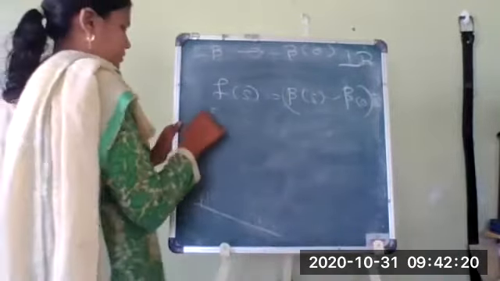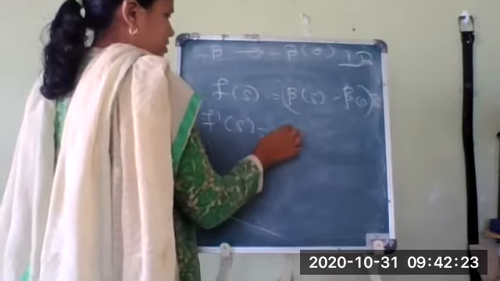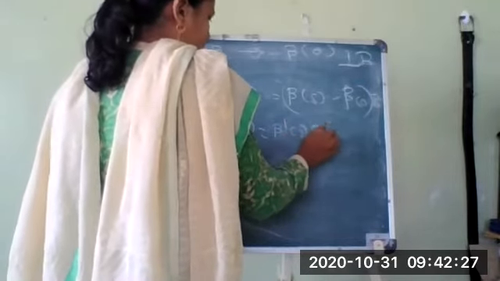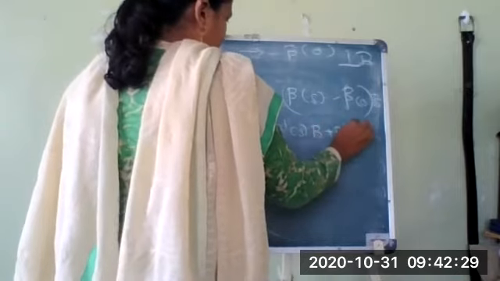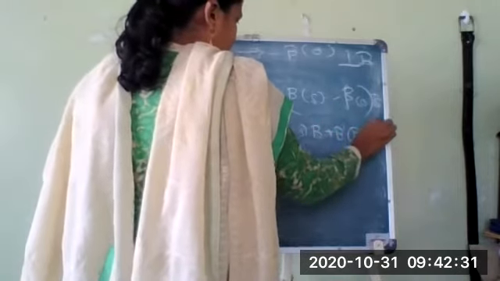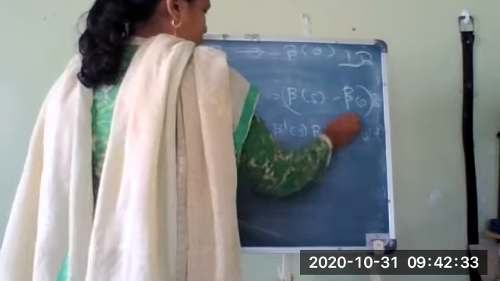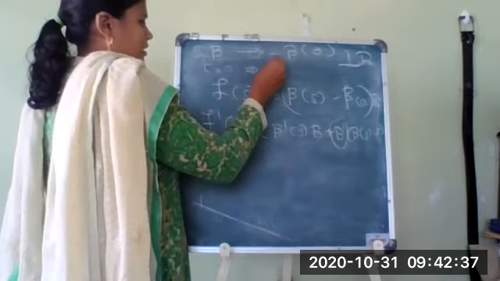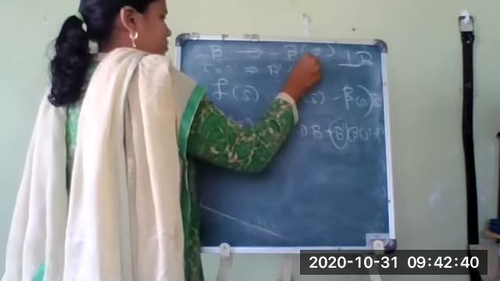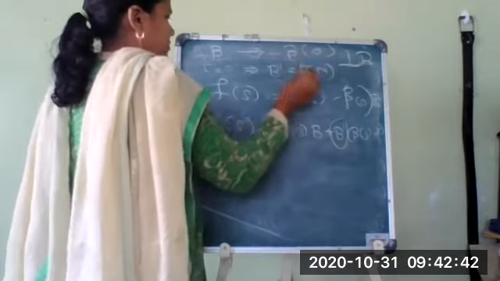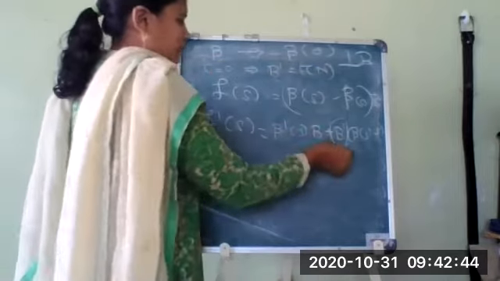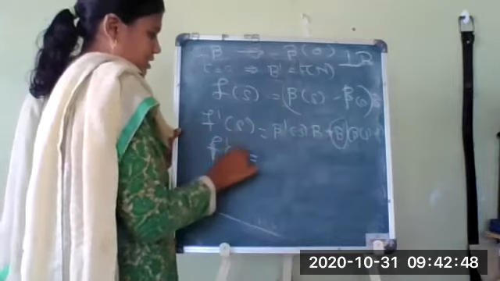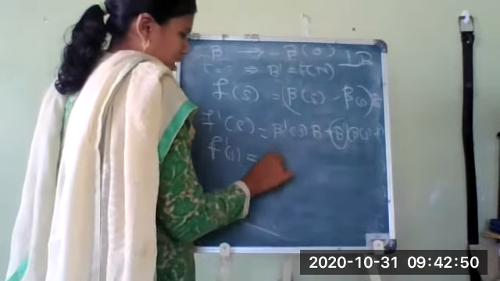Let us take the derivative. F dash of s is equal to beta dash of s dot b as it is, plus b dash dot (beta of s minus beta of 0). But we know our assumption that tau is 0. It means that b dash is equal to minus tau times n. So if tau is 0, obviously b dash will also be 0. If b dash is 0, what do I get in the equation? F dash of s is equal to b dot beta dash.